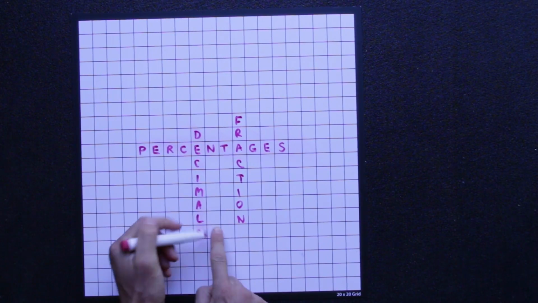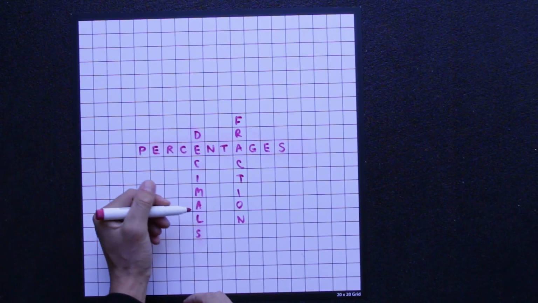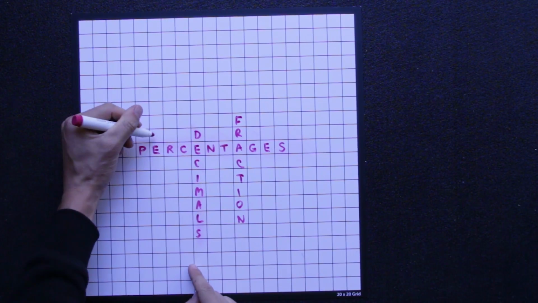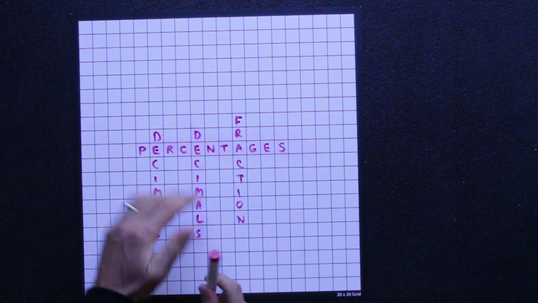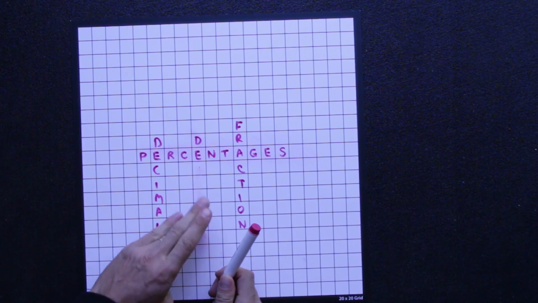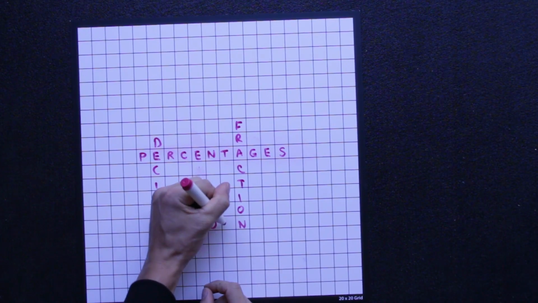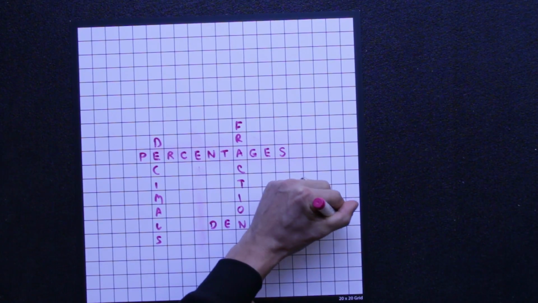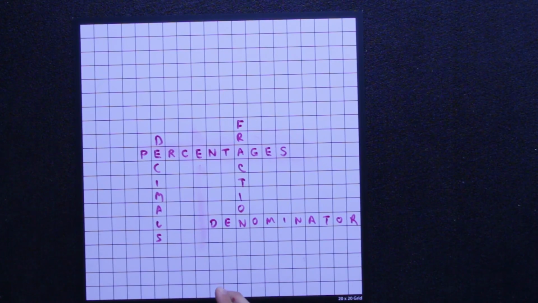And if I didn't put this here, I could have denominator, because fractions have a denominator, but the L is in the way, so I might have to figure out, you know, I might put decimals over here. So instead of writing it there, I could write it there and rub out this one and then put in denominator. Or it just fits. So now I've got my concept crossword started, and eventually it gets bigger and bigger, and